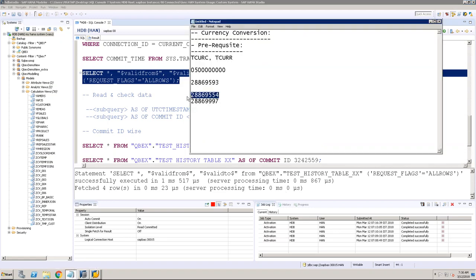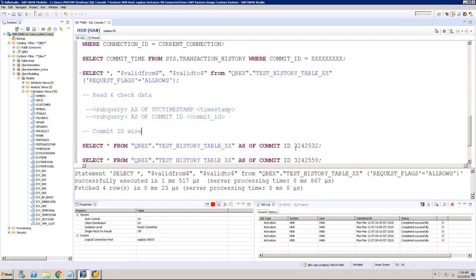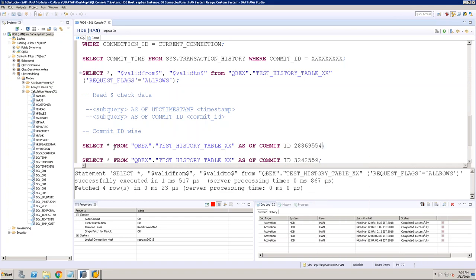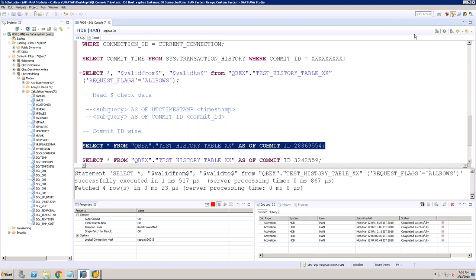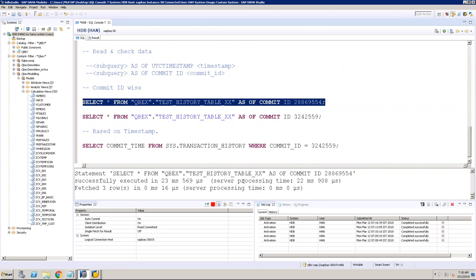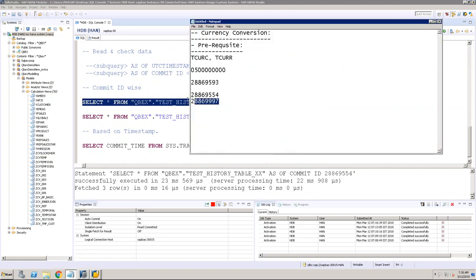For this commit, I'm saying based on the commit, I'm running the query. I'm saying show me select star from this table as of this commit ID so and so. Look at as per this commit ID, it is showing Hyderabad. Same thing if I say show me data from this table as of this commit ID